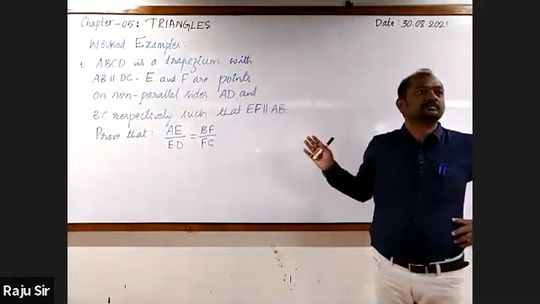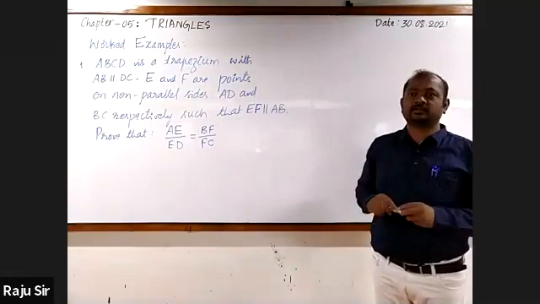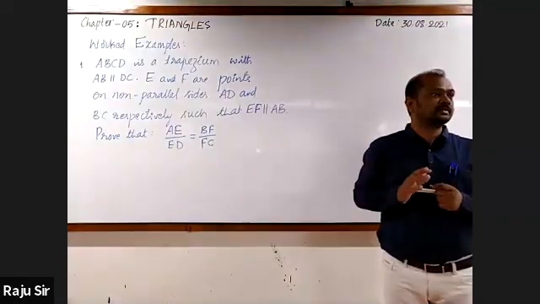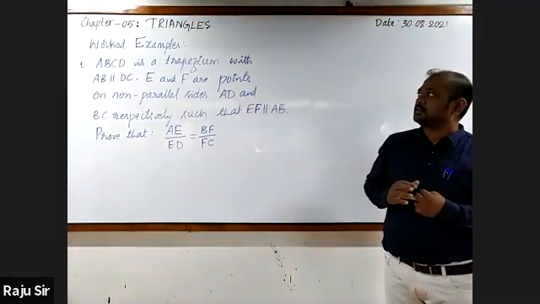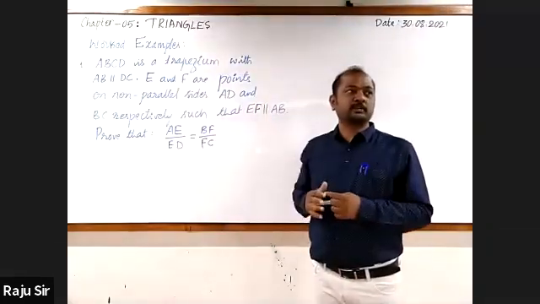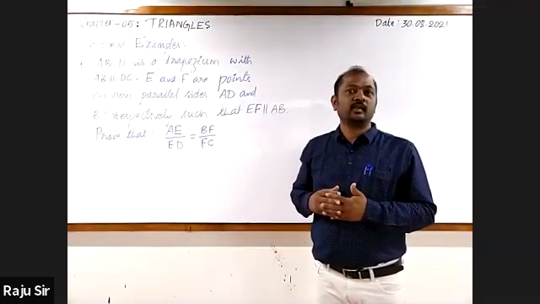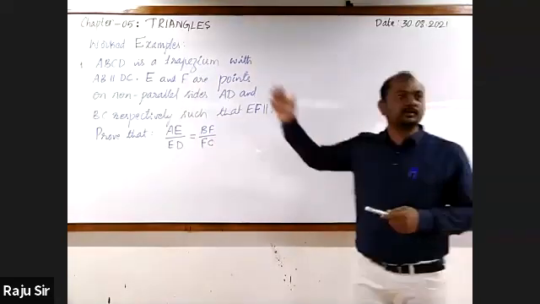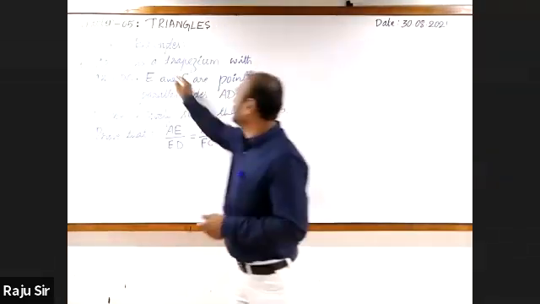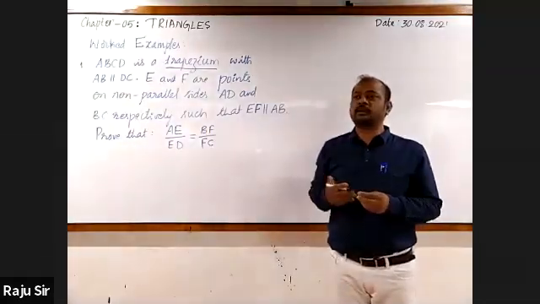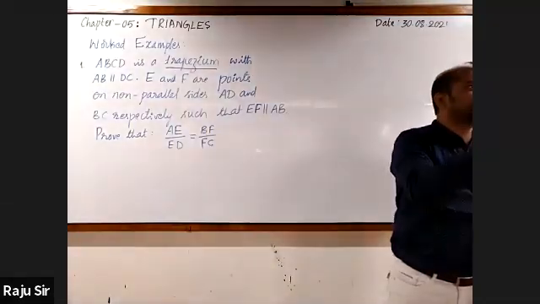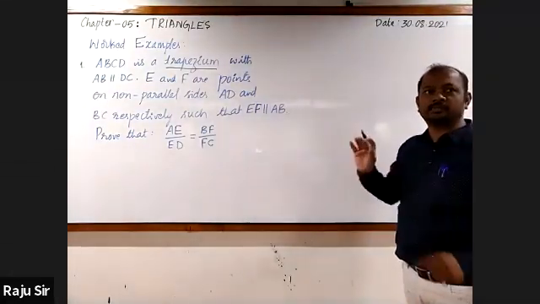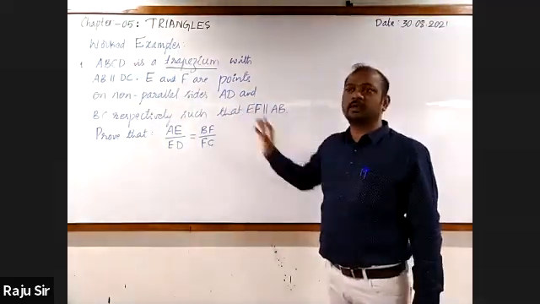Did you understand the given statement? I expect the response from the voice side. Have you got any idea to prove this statement? First, you have to recall the definition of the given geometrical figure. What is the given geometrical figure? Trapezium. We know that a trapezium is a quadrilateral in which only one pair of opposite sides are parallel. So let me draw that. Don't go for copying anything. First, I'll briefly explain that. Afterwards, you can write with me.